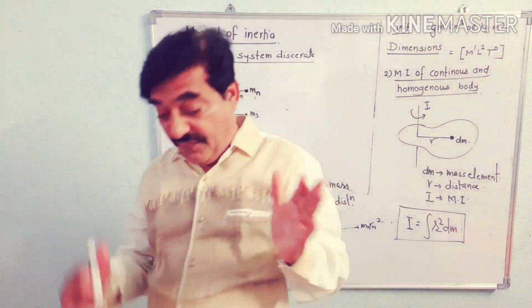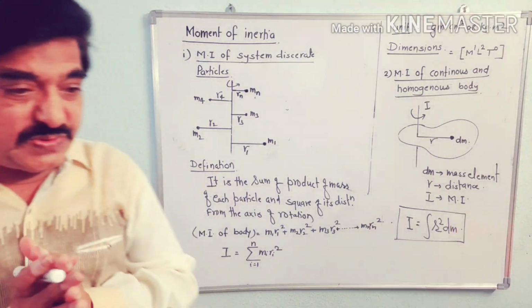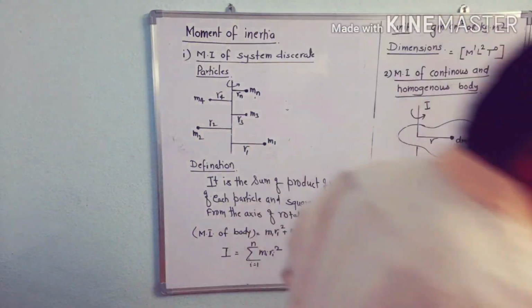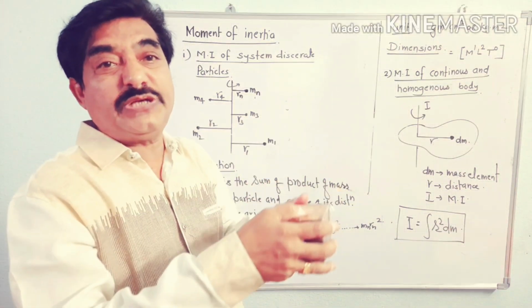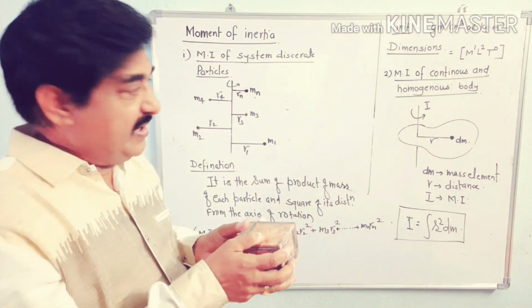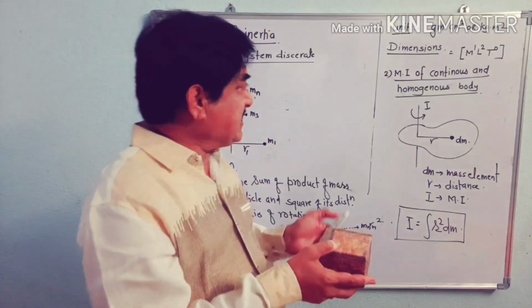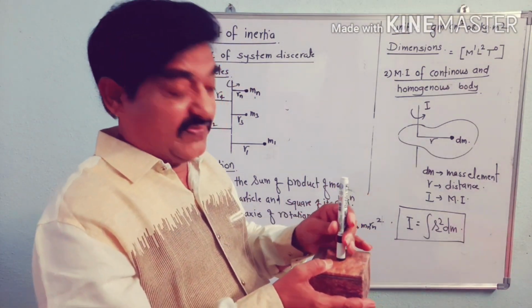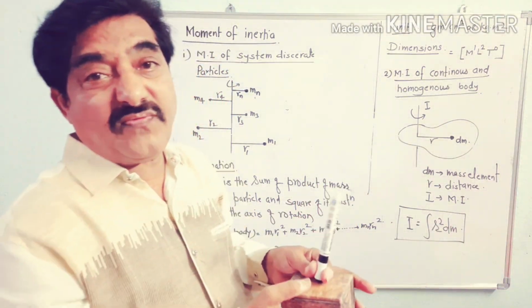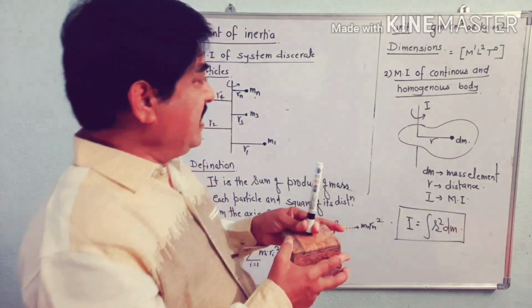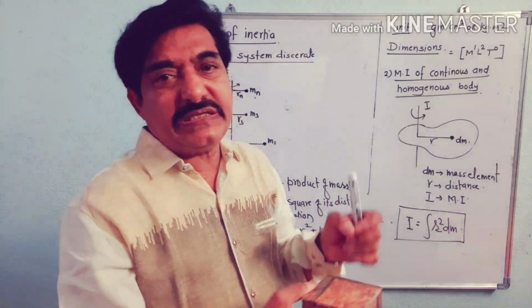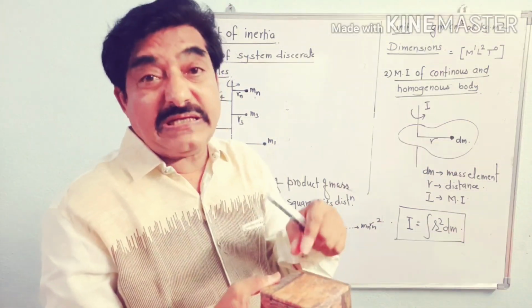Then if a body is continuous, if a body is continuous means the body is like this, a continuous and homogeneous body. Then take any axis of rotation, the axis about which we are finding the moment of inertia. Then we just have to consider a small part of this body, that is called a